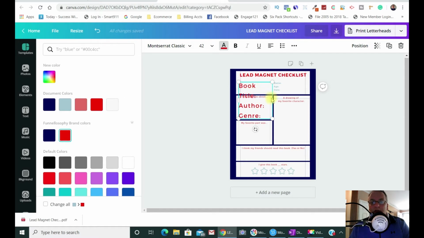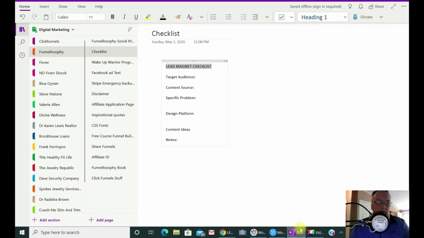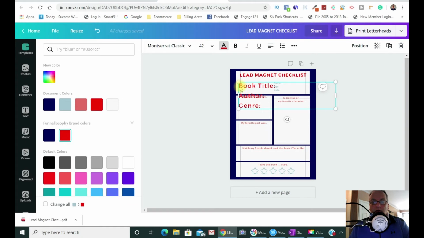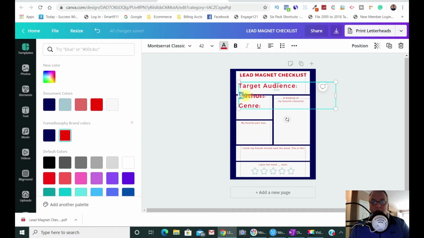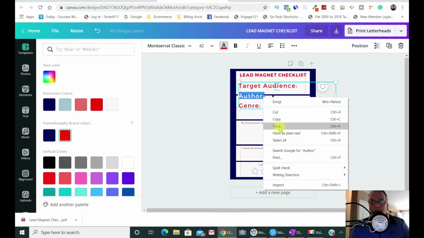All right, so the first one we have here is book title. We're going to change that to target audience. Copy that, paste that, go back here, highlight what I want to highlight, change that, target audience. Next one was content source. Copy that, back to our page, highlight the part I want to change, paste,